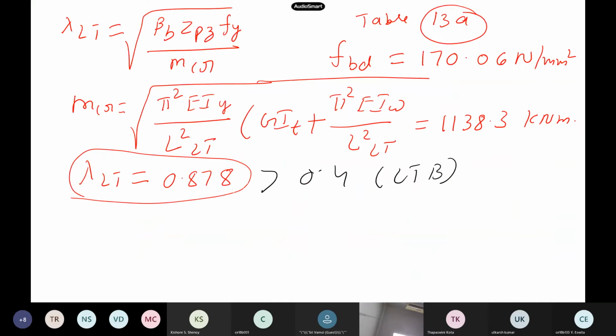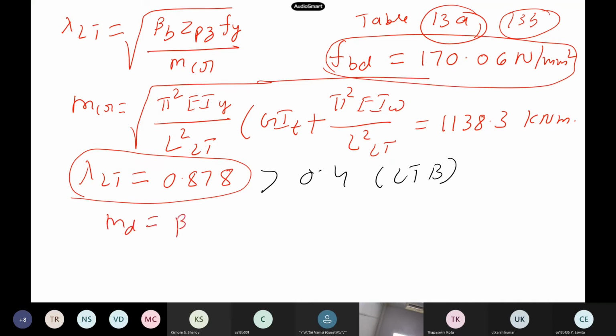Once you get that value, then you go to table 13A or 13B depending on rolled or welded section, and you know that FCRB and you know that FY. You just pick up the design bending stress actual. It's very, very straightforward. Now for the design bending capacity, say, beta B, you multiply everything, it turns out to be 597 kilonewton meter actual. The maximum bending moment coming on the beam is 550, which means we are safe actual.